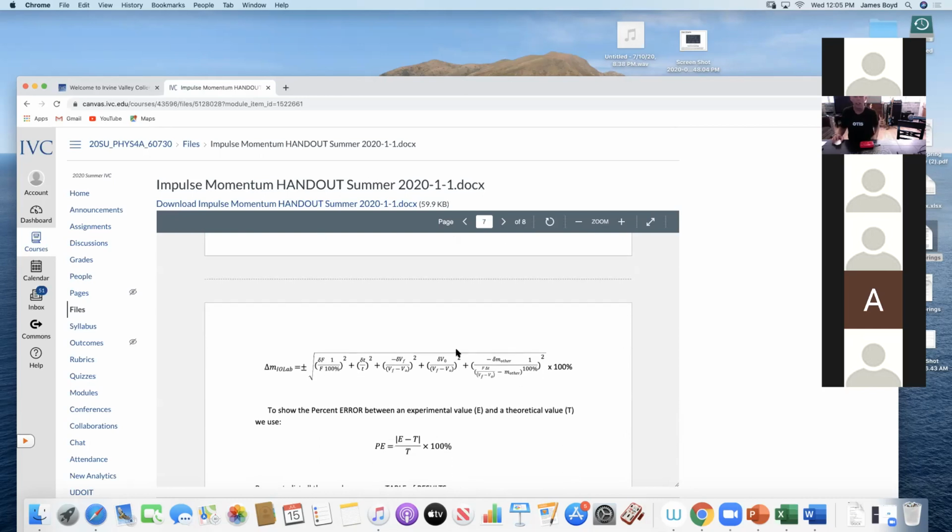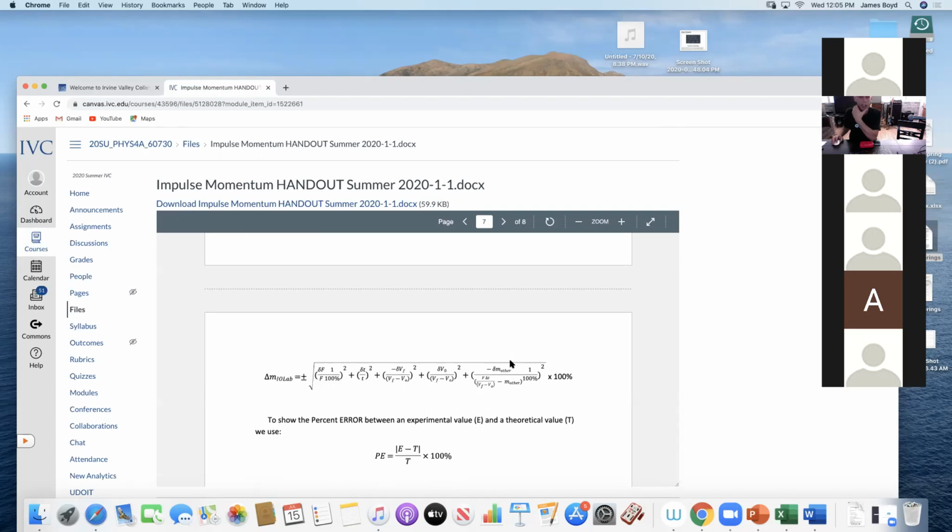And so all you really have to do, Caroline, is use this equation right here and enter the numbers that you have. This F is your mean. This T is your total time, your delta T. This V final was your mean for V final. This V initial was your mean for V initial. And these were the uncertainties that you found for each of those. The uncertainty in the mass other,